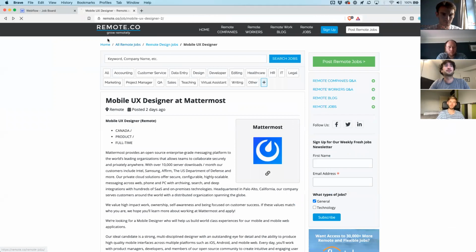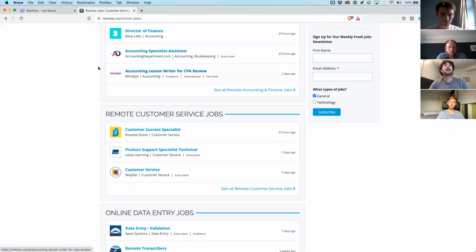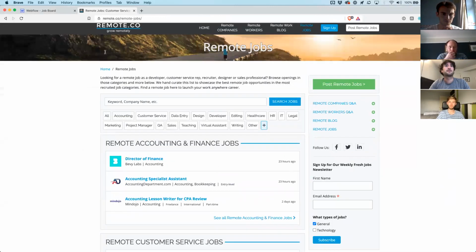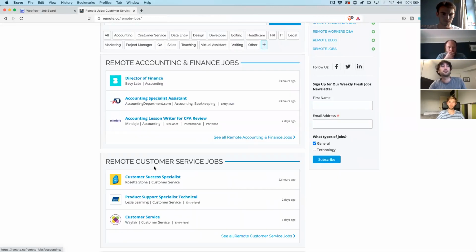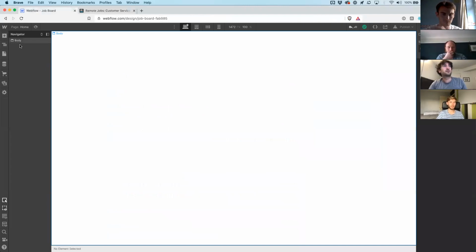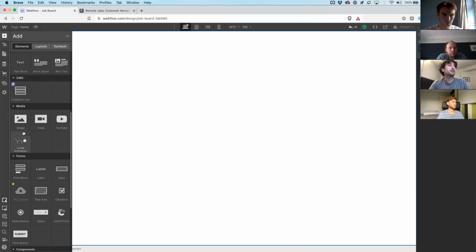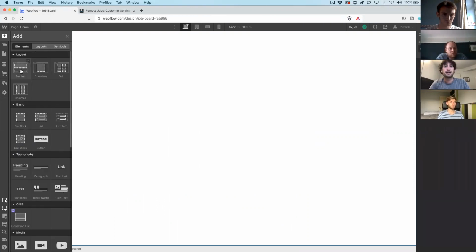So here we go. So why don't we do what they did here with this home screen with the different categories. So first, what I'm gonna do is just get the data onto the site, and then we'll work on styling it a little bit more nicely. So let's go ahead and